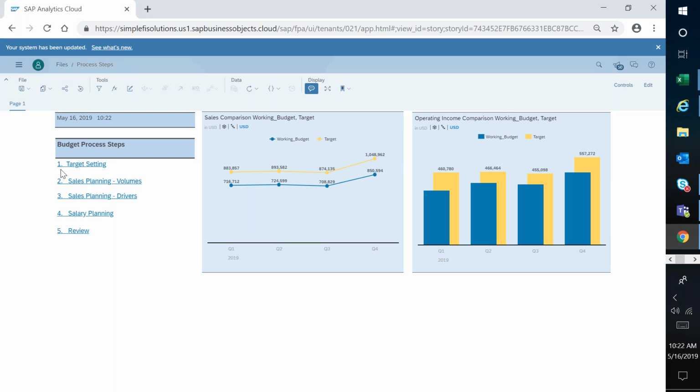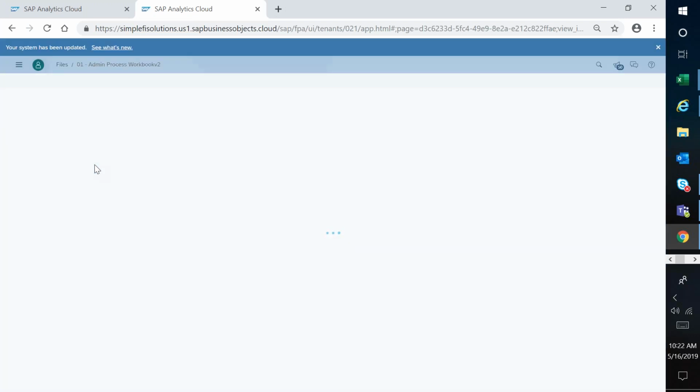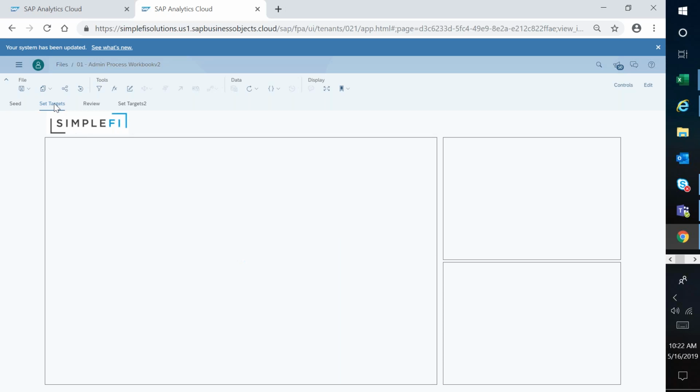You can have multiple models, one that might be focused on salary, one on sales or margin planning, and then one that might be your consolidated view of the plan. That all exists within Analytics Cloud. If I click on target setting, we'll talk through a couple of the key functionalities here.